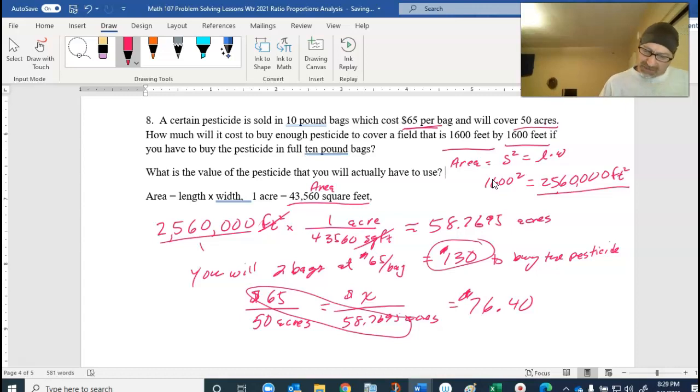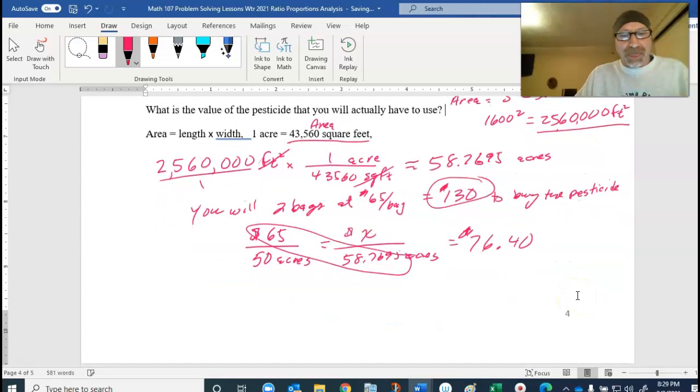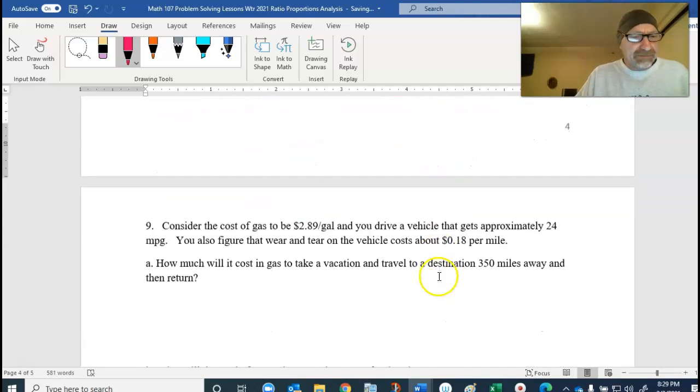approximately. So that's what it would cost just for your expenses for your acreage. So you'd have about 50 bucks worth of pesticide that you're not using. Okay, next